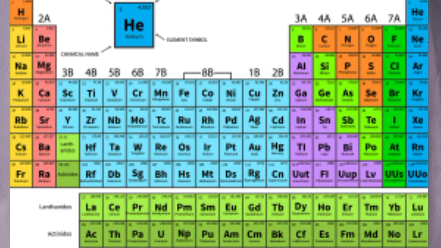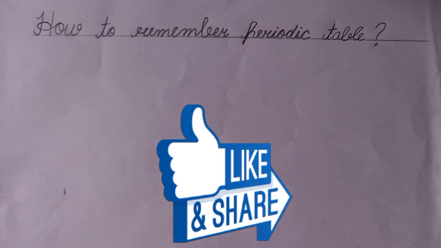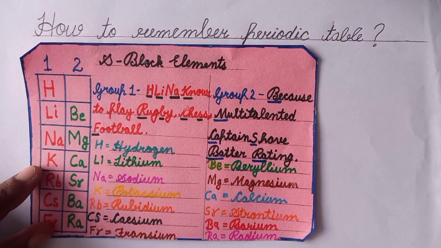On the basis of electronic configuration, the modern periodic table is divided into 4 blocks: S block, P block, D block and F block. These are S block elements. In S block elements, group first and group second are included. To remember group first elements, the trick is